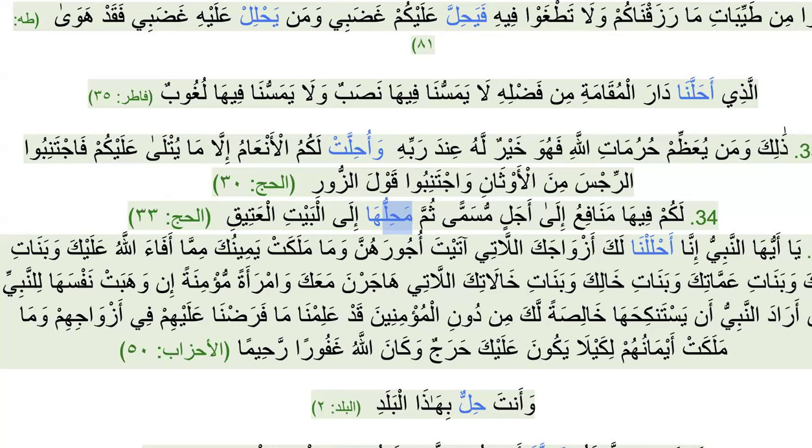There is a word here, yamassuna. I skipped it. Do you all know which rule was applied on the word yamassuna? We have covered it very much in our previous sessions, but just so that you all remember, I'm asking you again. There was rule number 2 that got applied. Yamsasu was the original form. So there was a transfer, a naqal, and then idgham.